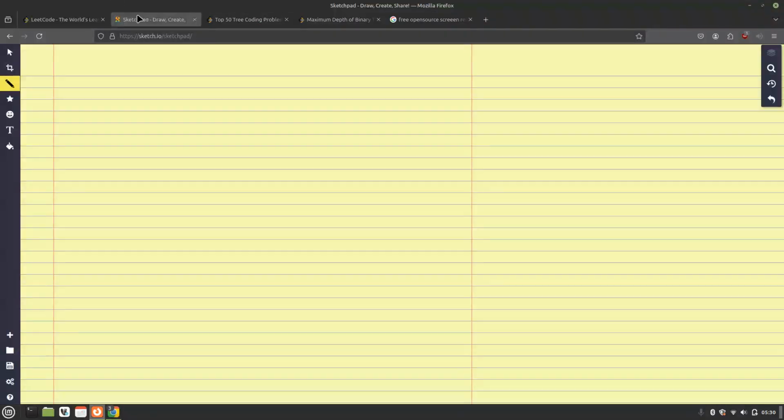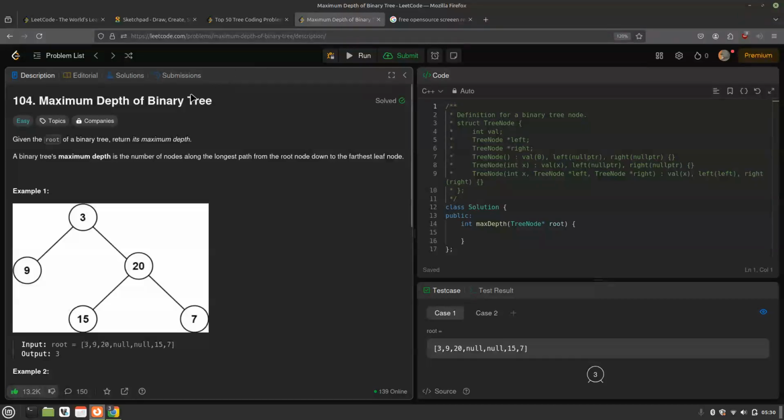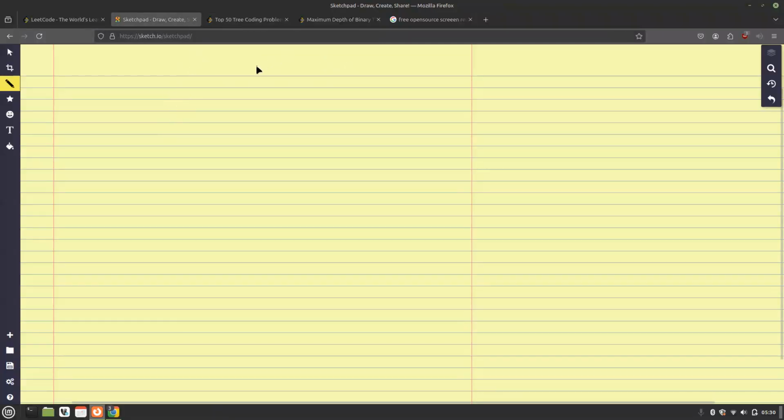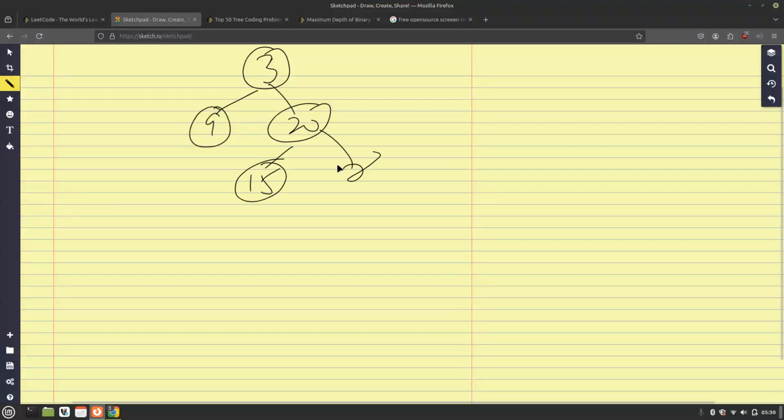Okay, so basically the problem is maximum depth of binary tree. So we have 3, 9, 20, 15, 7. Right, what we need to do is